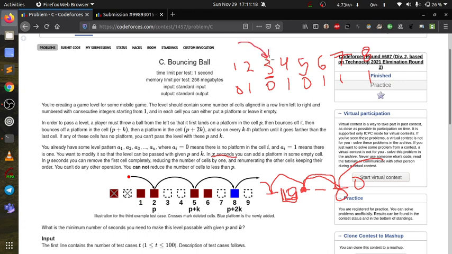So what you can do here, you can do two things. Either you can replace this 0 with 1 by taking x seconds, or you can delete this element completely by taking y seconds and start numbering again.